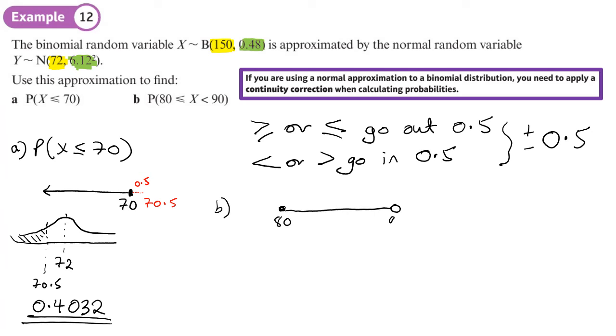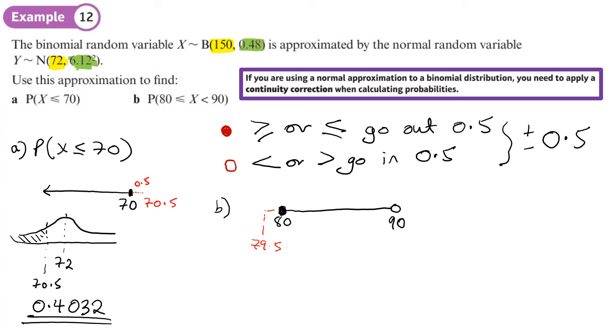Up to 90, open circle, like that. You could also say, I suppose, if you've got a solid circle, that's what you do. If you've got an open circle, this is what you do. Right, okay, so here at this end, the solid circle, I go out by 0.5, so I'm going to go a little bit more back that way. That would be the number